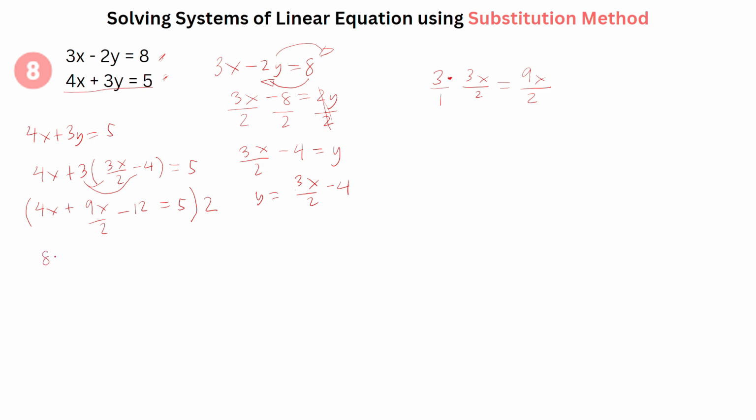That is 8x, and then plus 9x over 2 times 2. I just have the 9x. And then minus 12 times 2, that's 24. And then equals 10. Okay, so for those who might be confused, because this is, I guess, a different approach,